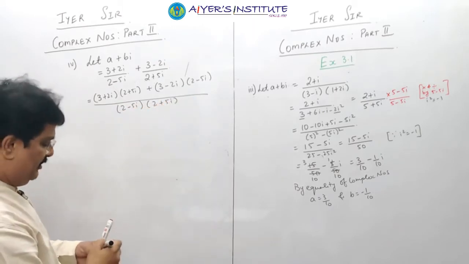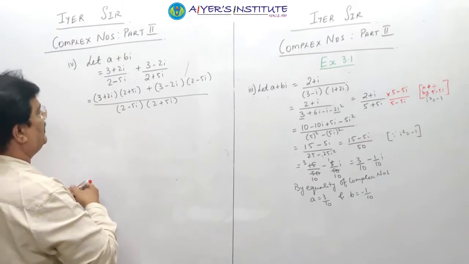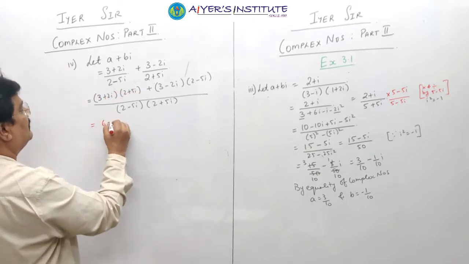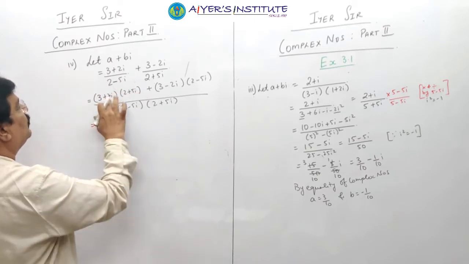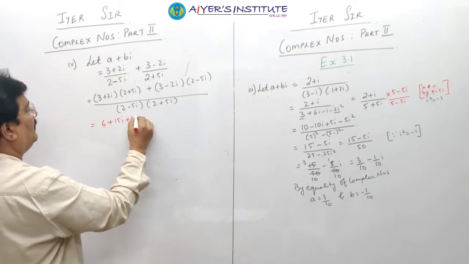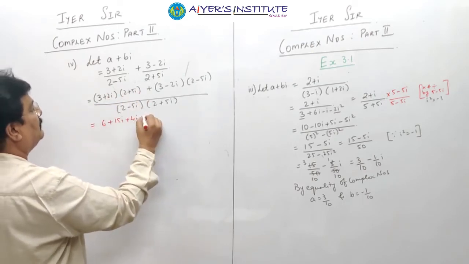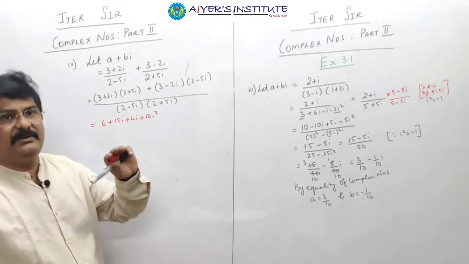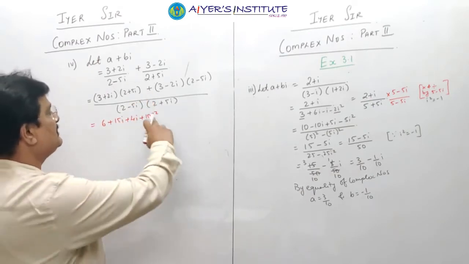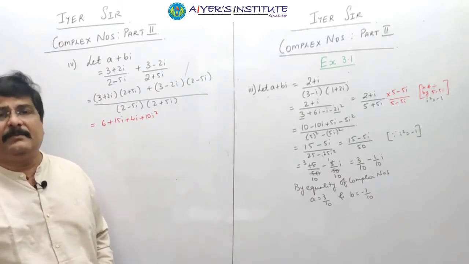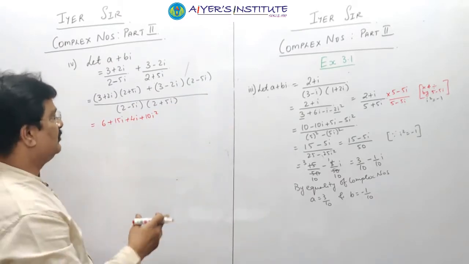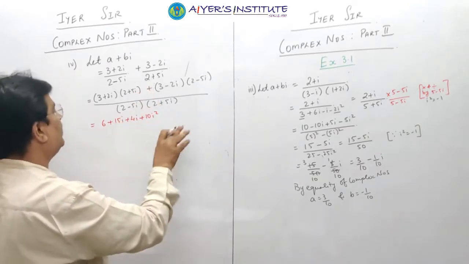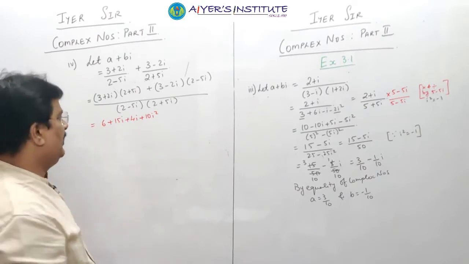Now when we multiply individually, just for a change, 3 2s are 6, 3 5s are 15i, 2 2s are 4i, 2 5s are 10i square. Because यहाँ पे plus है, so we don't have to worry. अगर यहाँ पे minus होता तो इसके बाद जो भी term है we put it in bracket, because minus के कारण सबका sign change होगा. So this is very crucial point. If it is minus here, we have to be very particular. We put the whole thing in bracket. अब यहाँ पे plus है, so we need not worry.